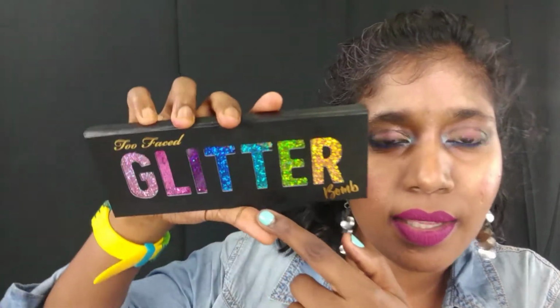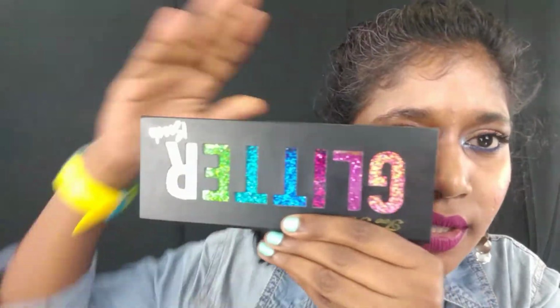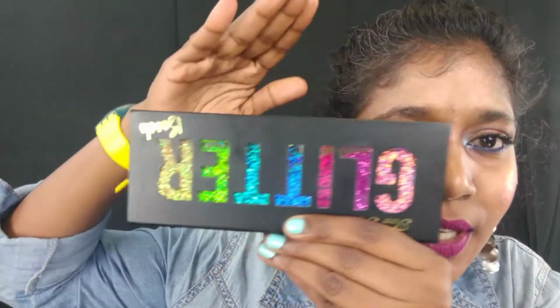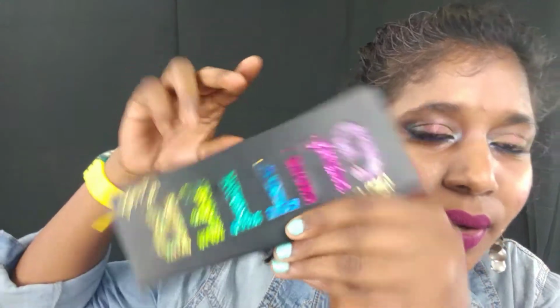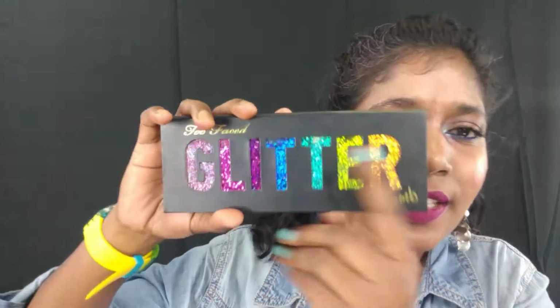not glued glitter. This is actually loose glitter. Let me just show you. I do this and I just give it a little pat. You can see the glitter is moving, so that's really cool. So yeah, inside is real glitter, and for $45 the amount of product you get is